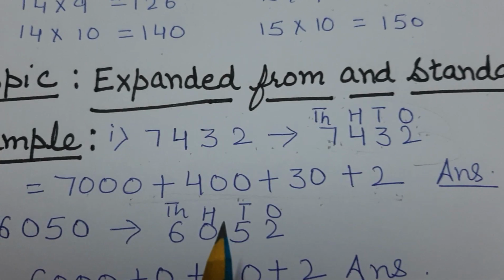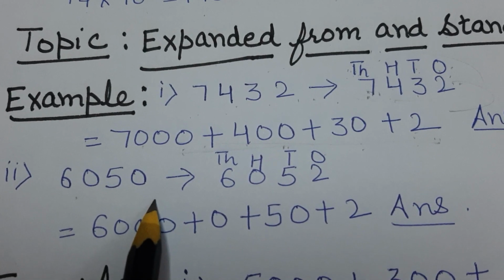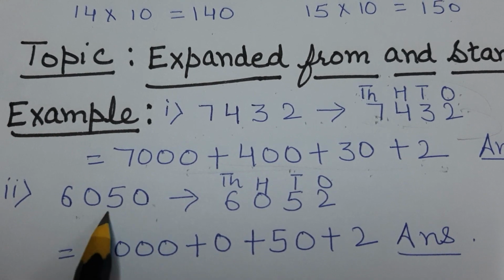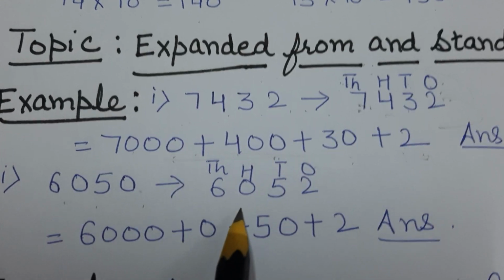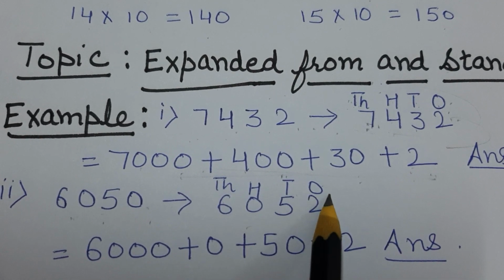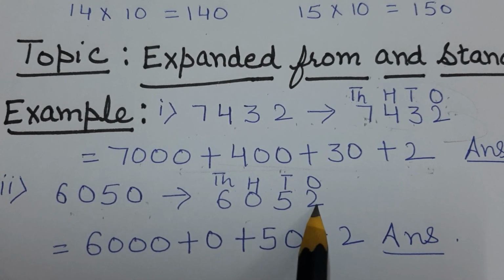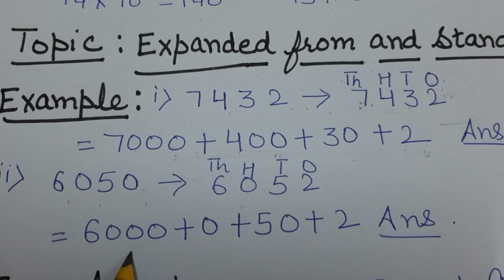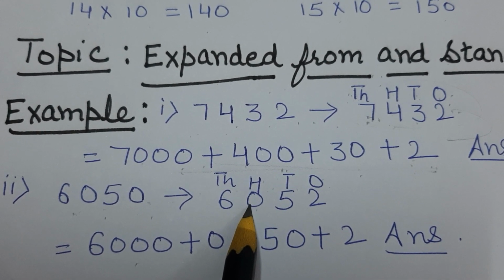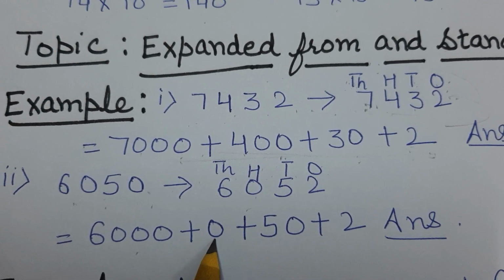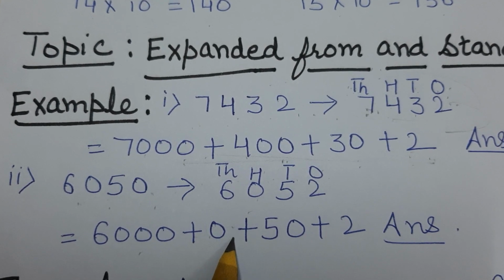I am taking one more example. Here I am taking next number 6050. In this sum, if you see, 2 places are 0. So what to do then? So first step is same. Write the places on each digit, ones, tens, 100, 1000. So now add all the place values. 6000. Now 100. There is 0. So its place value will also be 0. So we will add 0. Don't write here 3 times 0. No need to write. Okay.